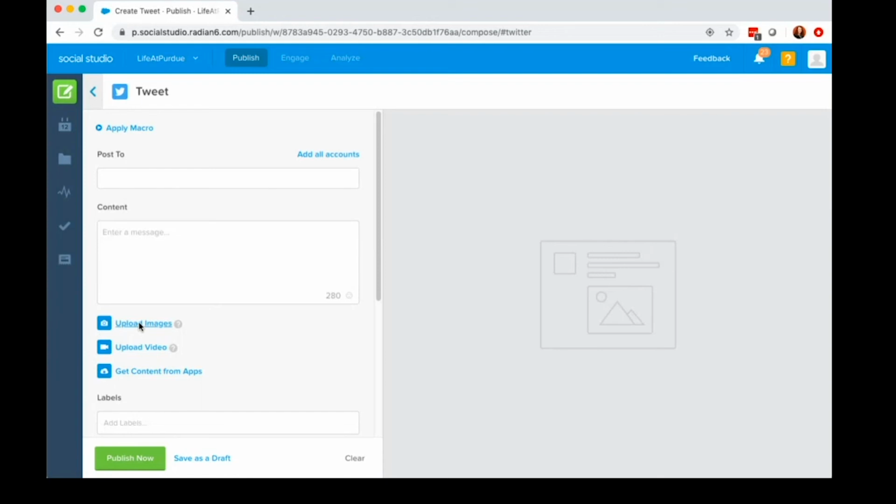And then there's also this nice photo option where you can add photos as well as video. There are parameters for the sizes of images and video that you want to add within Social Studio, and you will get a set of parameters with a one sheet that will also be given to you along with this video link,